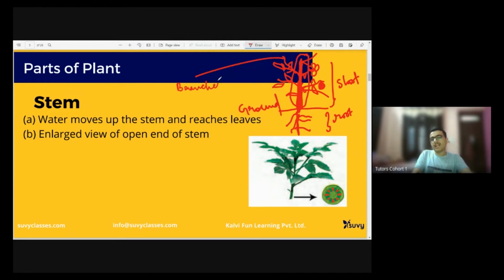These are termed as branches sometimes, but these are also anyway stems. Okay, so what is the main function? As I always say, in biology, they will ask you majorly two types of questions: functions and locations. In functions, if I talk about functions of stem, stem is responsible for movement of